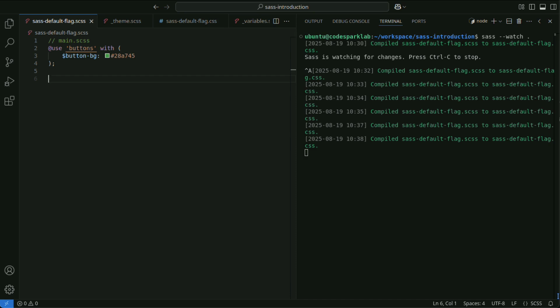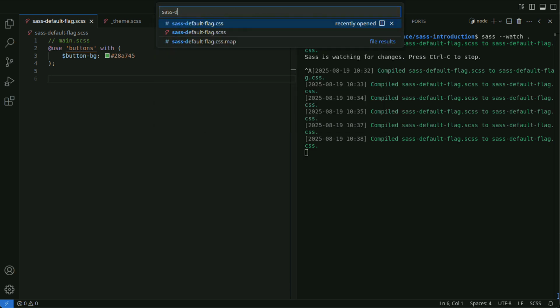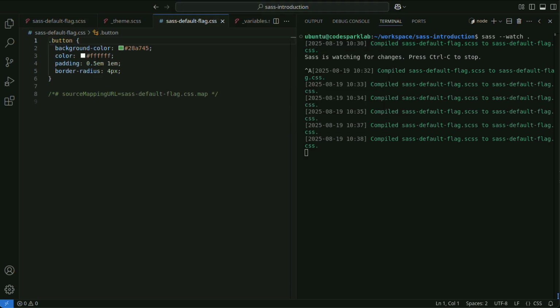Customizing the button color by overriding $bg with @use and with. When the Sass file is compiled into CSS, it looks like this.